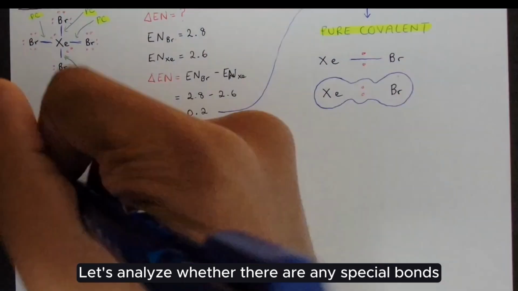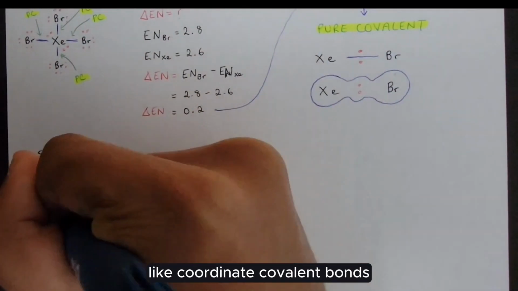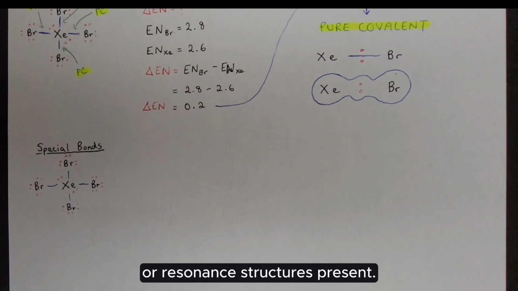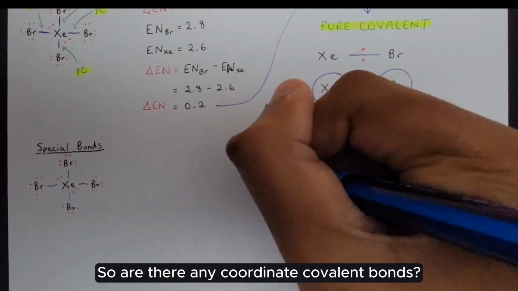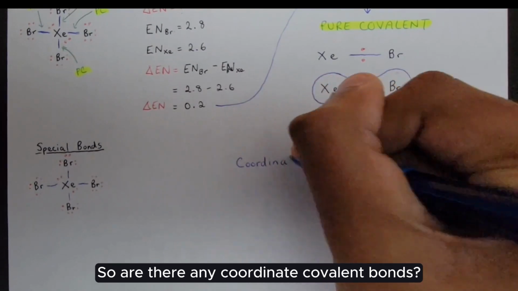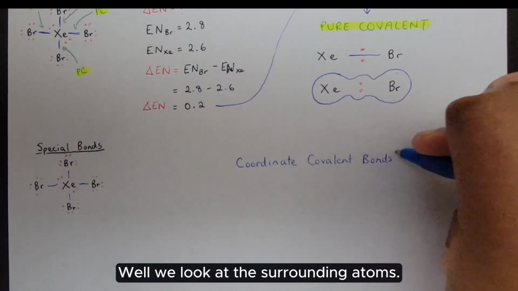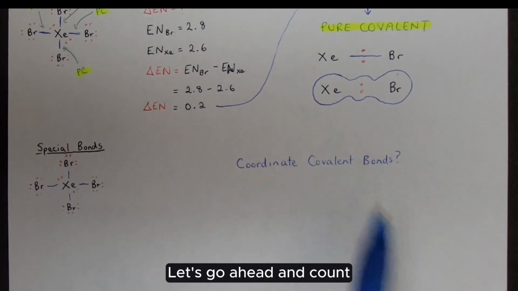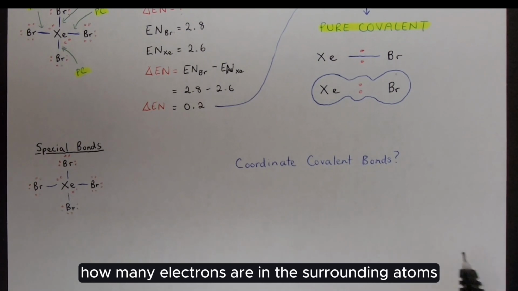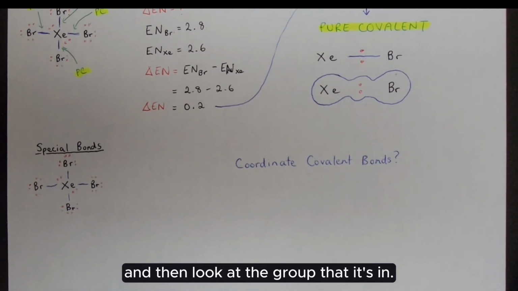Let's analyze whether there are any special bonds like coordinate covalent bonds or resonance structures present. So are there any coordinate covalent bonds? How do we figure this out? Well, we look at the surrounding atoms. Let's go ahead and count how many electrons are in the surrounding atoms and then look at the group that